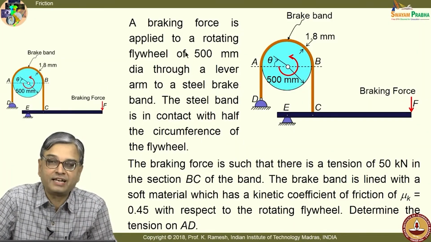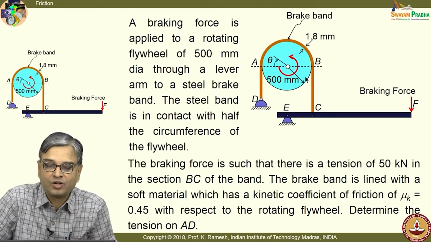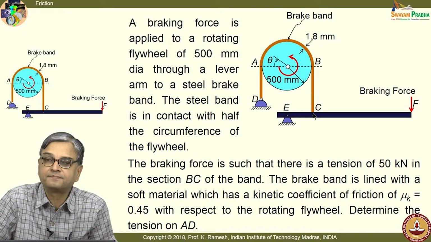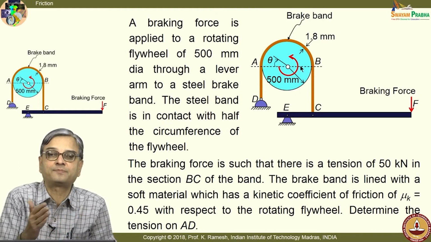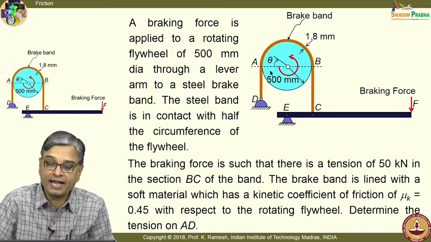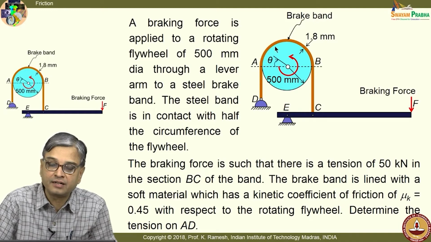To develop the mechanics, we will take a real life system where I have a flywheel. This is prevented from rotation by the use of a brake band, and thanks to Archimedes, we have a nice lever arm system. So, I need to apply a smaller force to apply a very large force in the segment BC. And the main difference between what we saw as Archimedes pulley and this is you have friction between the drum, flywheel and the belt.